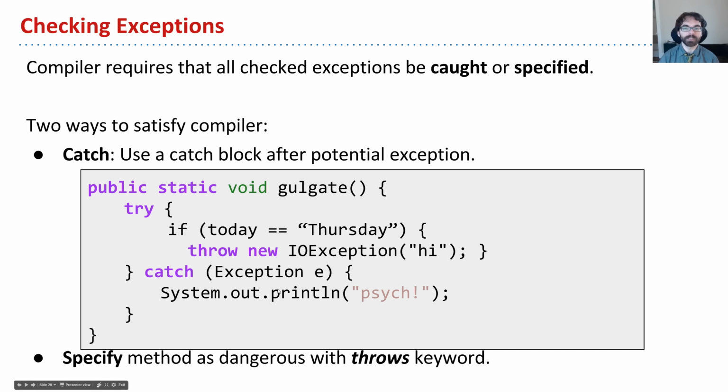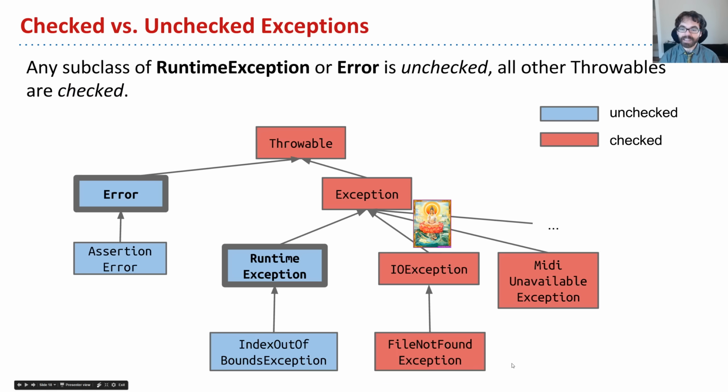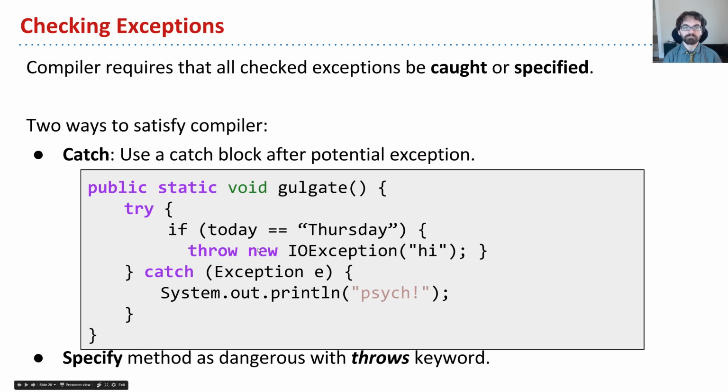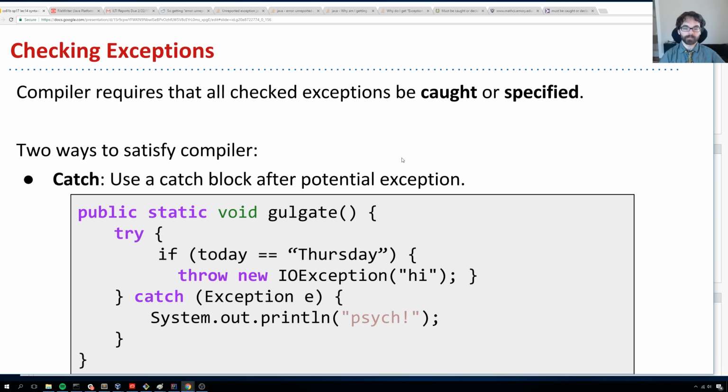How can we actually handle one of these red exceptions? What is it that we need to do? Well, the first thing we can do is just use a catch statement, as we saw before. In my Eagle class, in goalGate, I could say, if today equals Thursday, throw a new exception. And then I can have a catch block here, so that if it happens to be Thursday, that exception is captured and it can't escape. So the compiler says, is there any chance this exception that I absolutely hate could get out? No, it couldn't get out because there's a catch here. And so in this case, the compiler allows it. We have caught this checked exception.